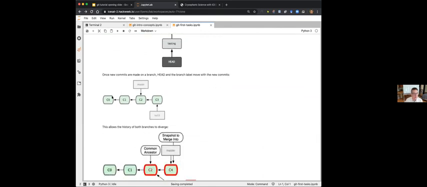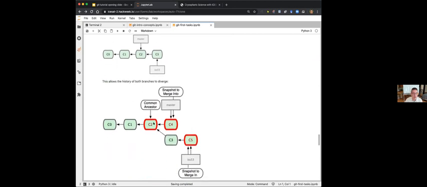So for example, in this case, if we had master pointing here and we created a new branch as in here, and then we make a new commit, if this is the branch we're working on, that new commit now moves, but master stays where it was because we were working on this one, not on master. So this is how histories begin to evolve differently. In this case, C3 is a new commit that was derived from C2. Now,